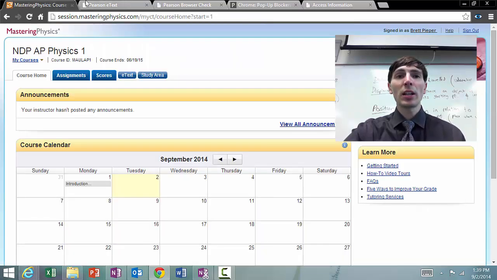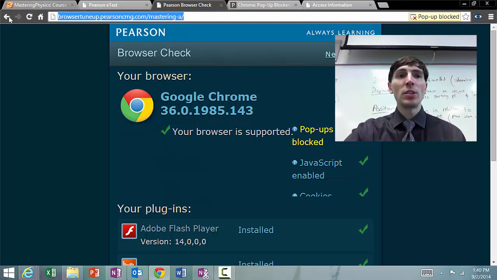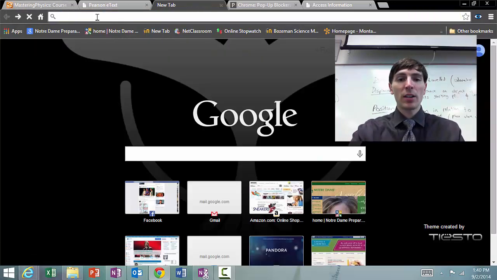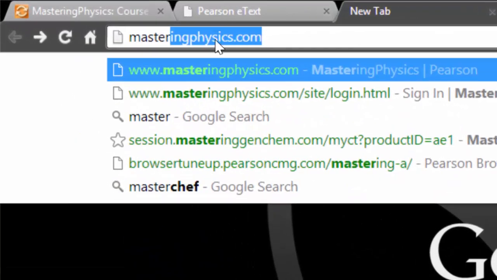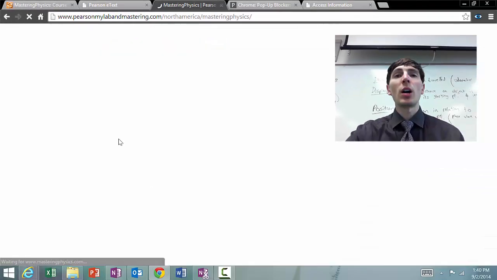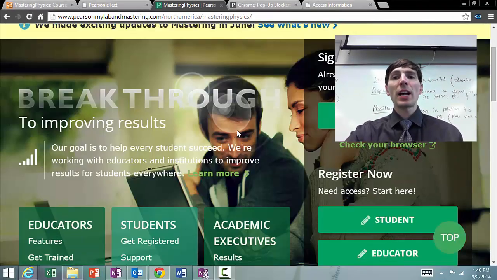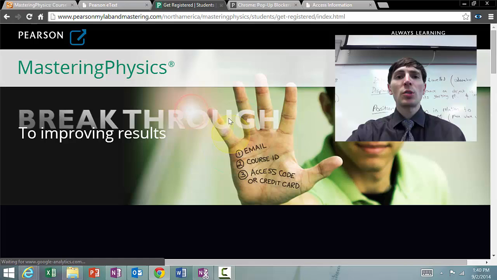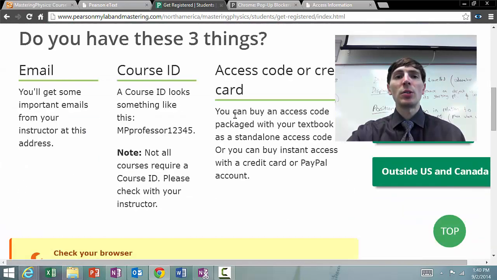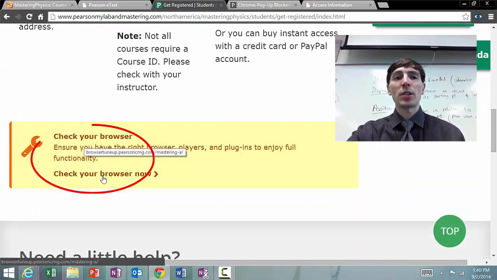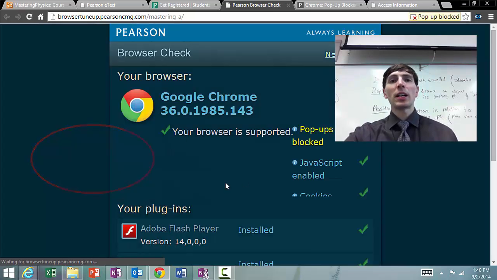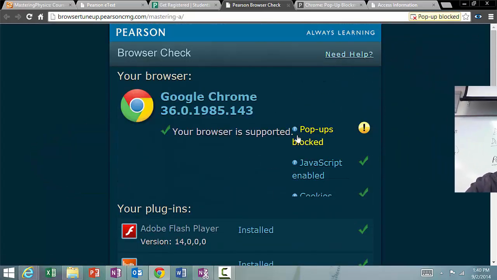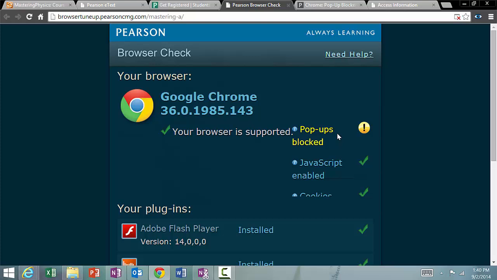Now if you're having trouble logging in, it's possible you need to do a browser check. So if you go to masteringphysics.com, if something is still going wrong, even though you're not going to register through this portal, if you click on masteringphysics.com and go to Student Register, there should be at the very bottom a link to check your browser. And when you click on that link, it'll bring up some options for things that you could do to fix